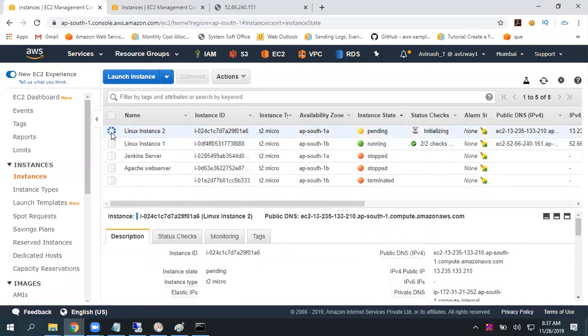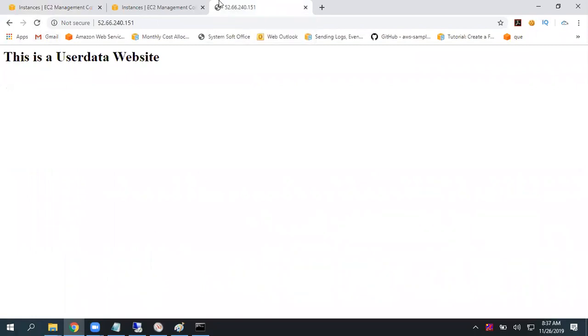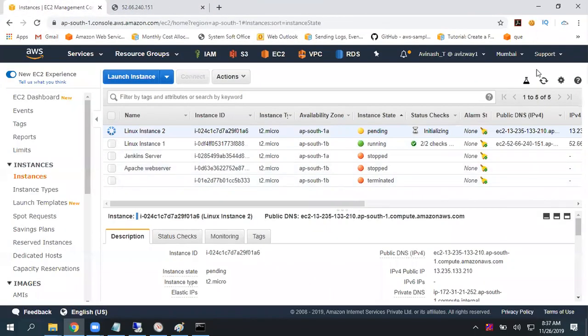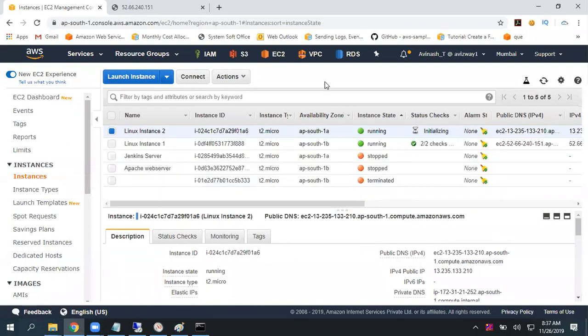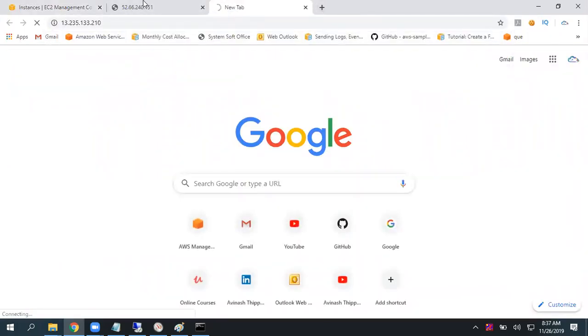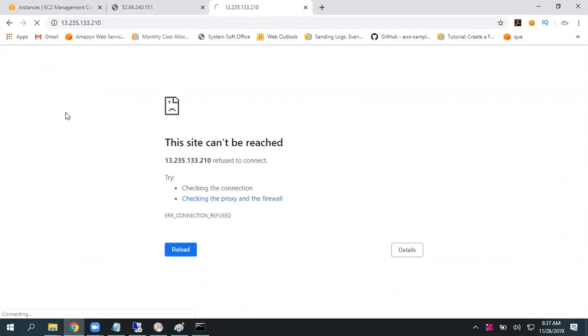So this is the output of my instance 1. Let's just assume you are running your application in multiple EC2 instances and you are getting heavy traffic. Just to show you output, I am taking different web pages, but let's assume both web servers are delivering the same content.